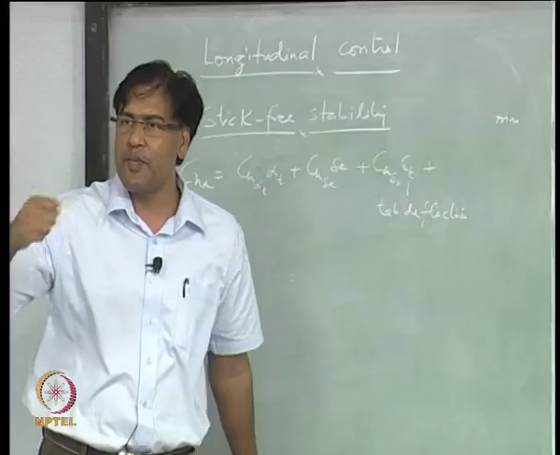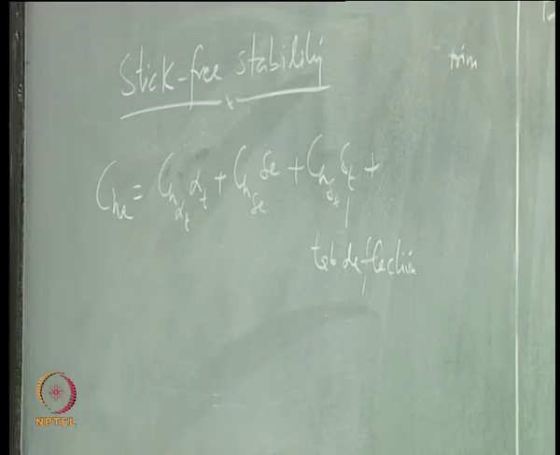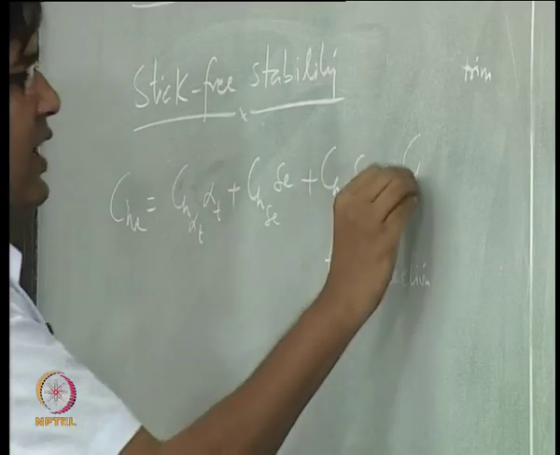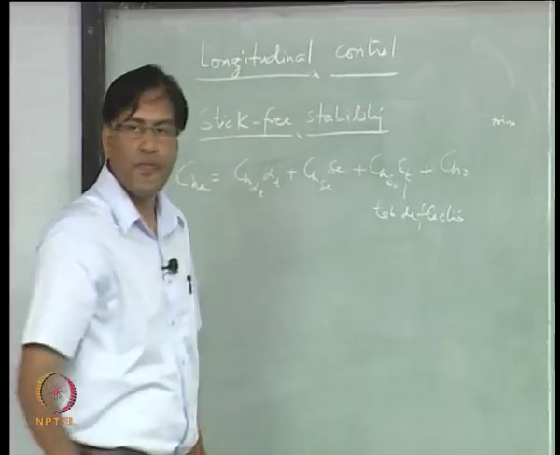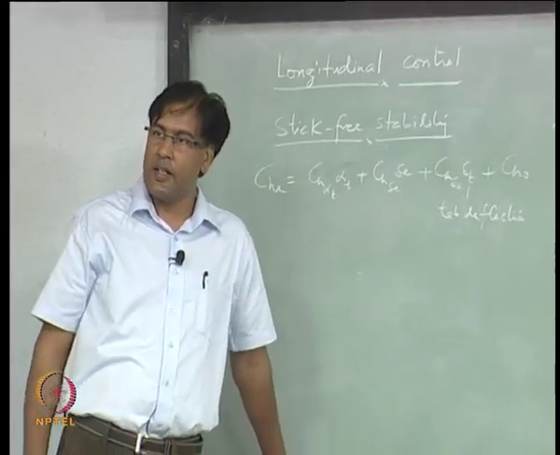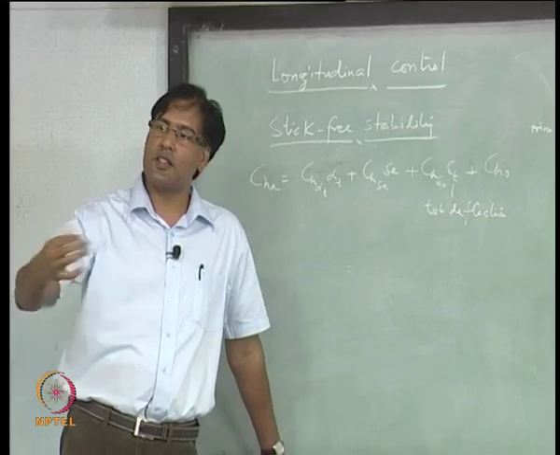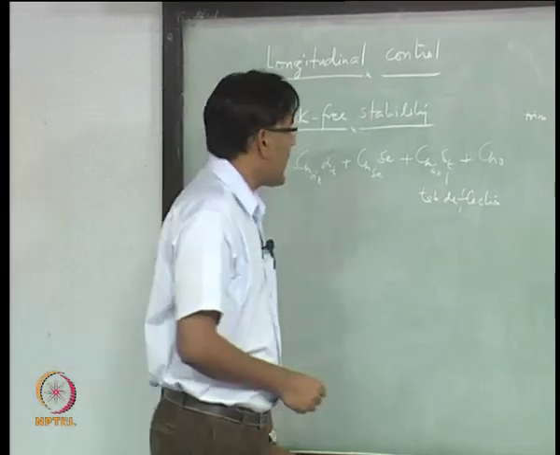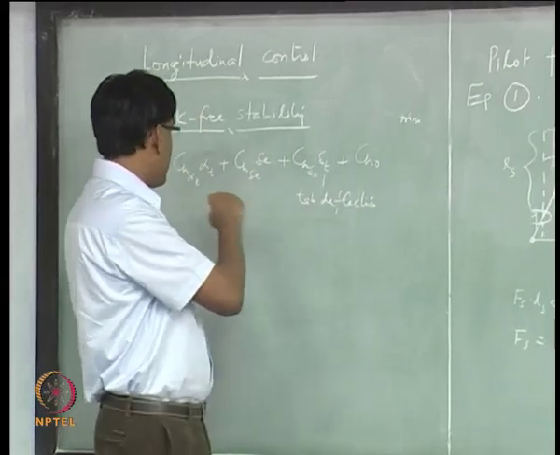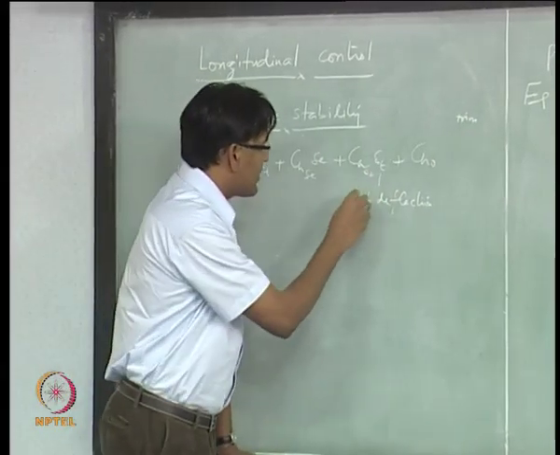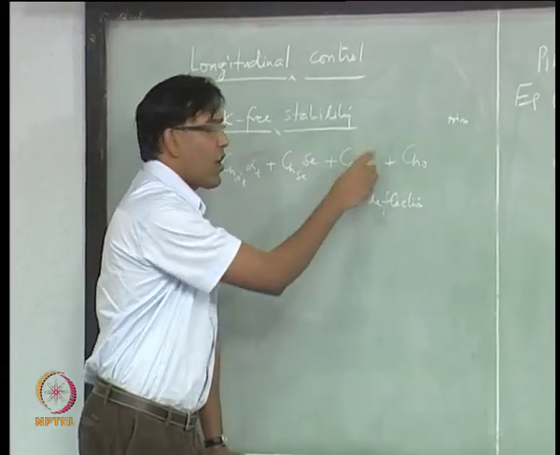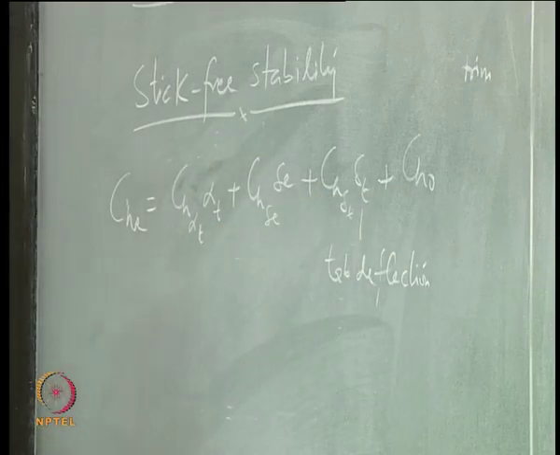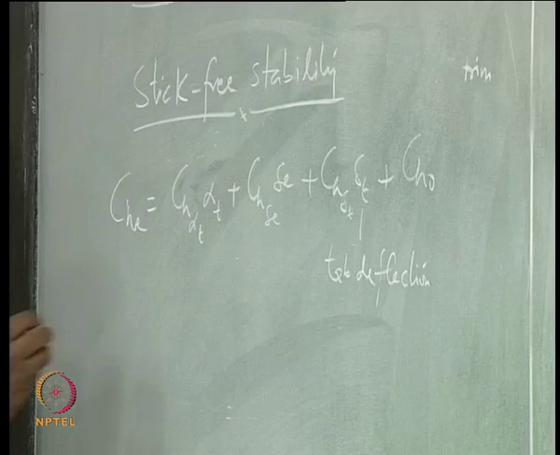Plus there can be a residual moment which is there forever, so you have to overcome that, and CH naught, right. Now what I am saying is the elevator is free to rotate, okay, and let us try to make things simpler. Let us drop this for now, and CH naught is also 0, okay, assume that. So we have